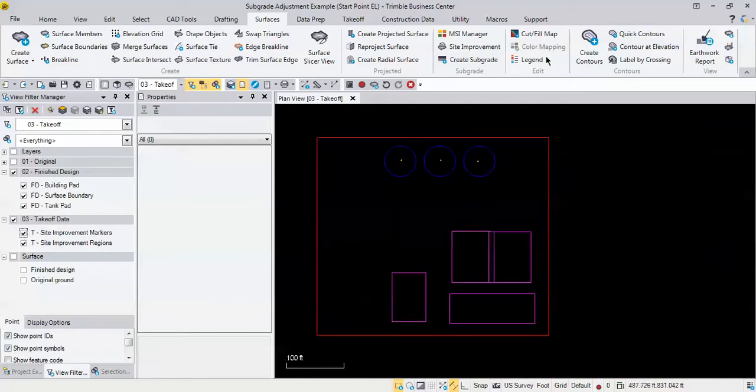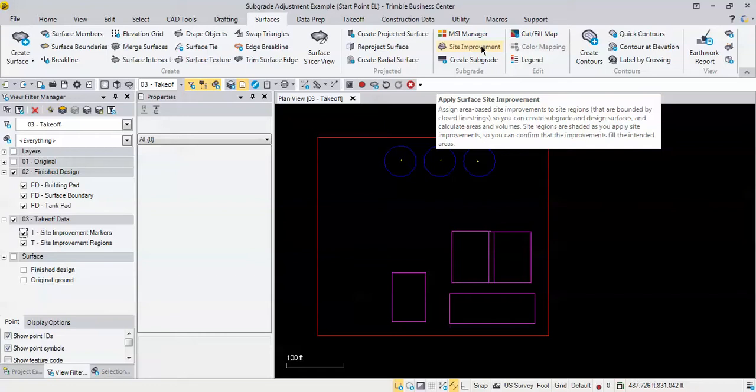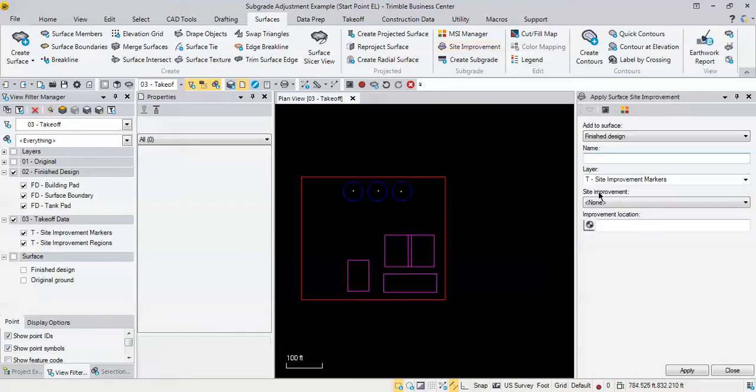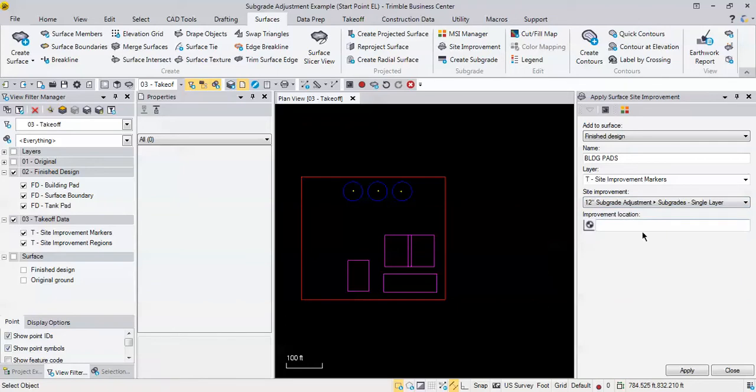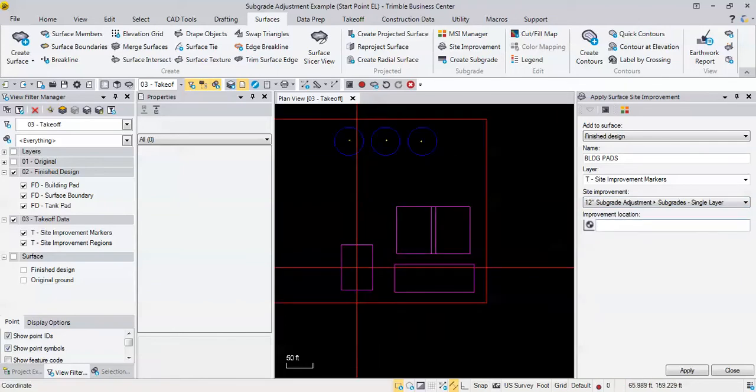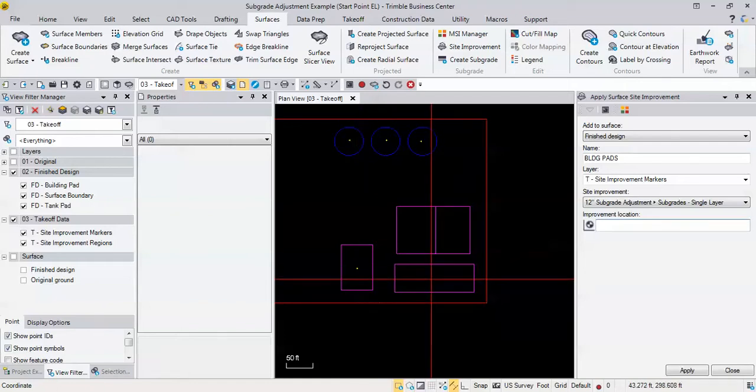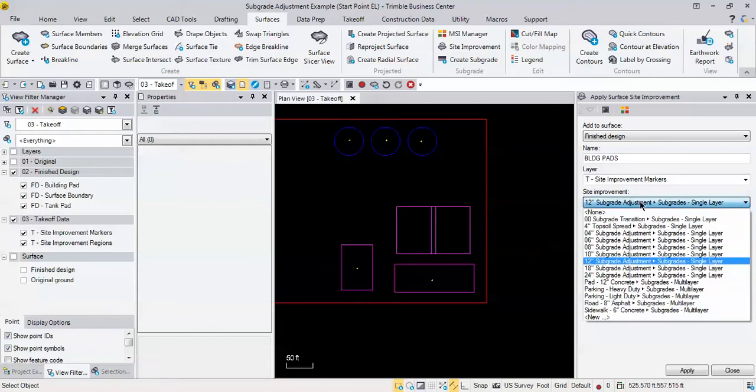So I'll go back into the site improvements again, and I'm going to add these. I'll just call these building pads. And the site improvement that I'm going to grab, I'll make these a 12-inch subgrade adjustment, and then same procedure, just click inside the polygons that you want. So these are 12s. I'll make that one a 12,